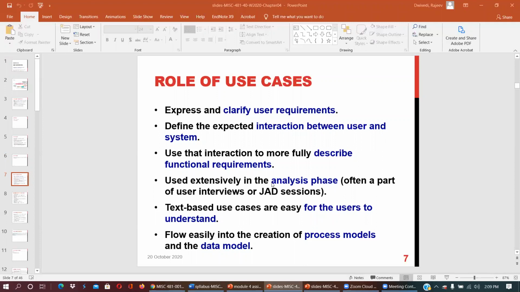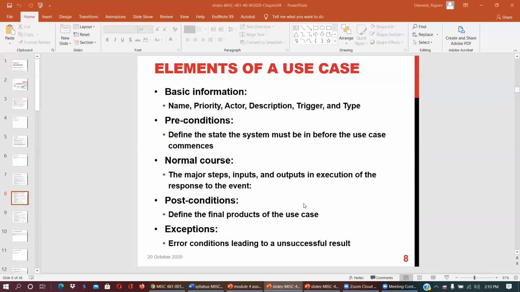They are used extensively in the analysis phase, as part of JAD sessions, joint application development. Text-based use cases are easy for the user to understand and flow easily into the creation of the process model and data model. So it is helpful for process models and data models.